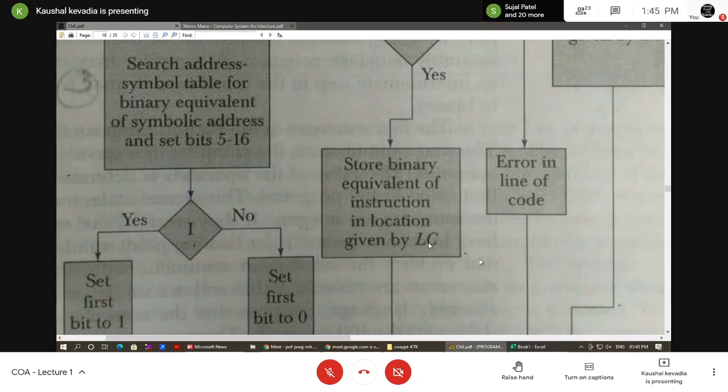Finally we get the value, and we put that value into the location counter.